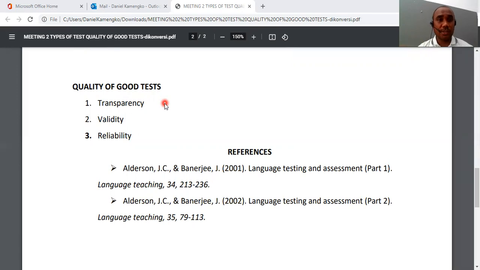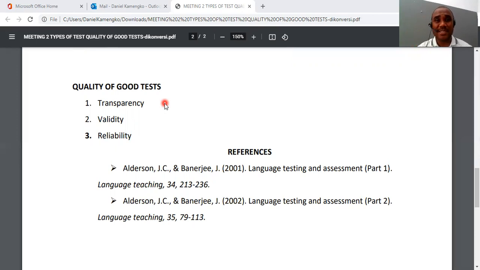Students need to know the questions are from what materials. So you have to make students know that, okay, students, during the semester here, we have learned so many things about these topics. And of course, the task will be about this stuff that we have learned before.